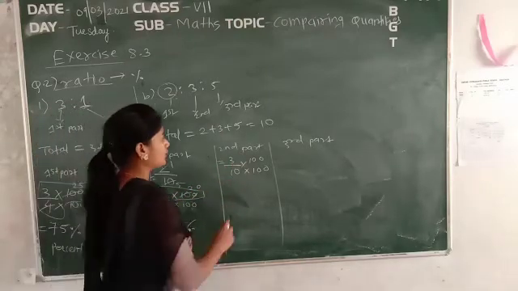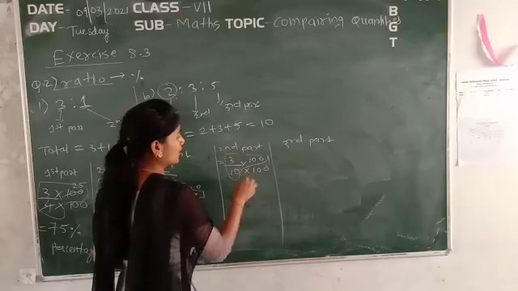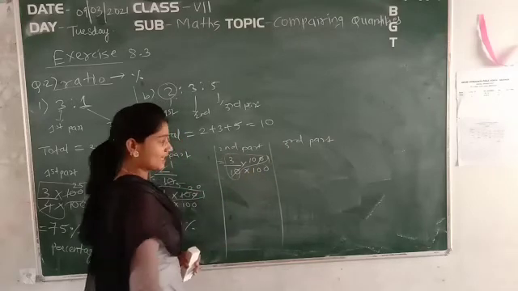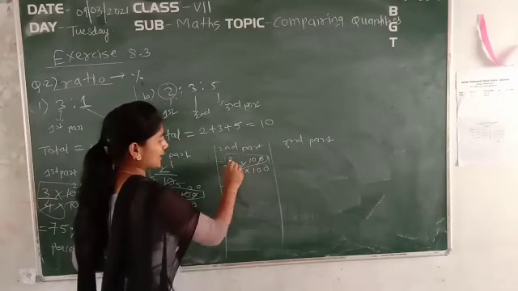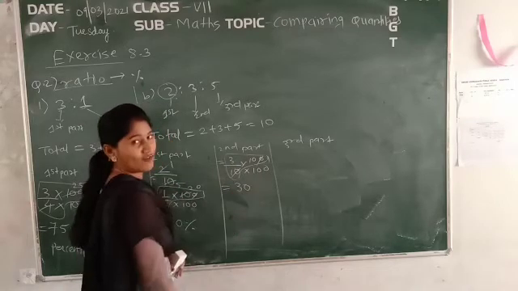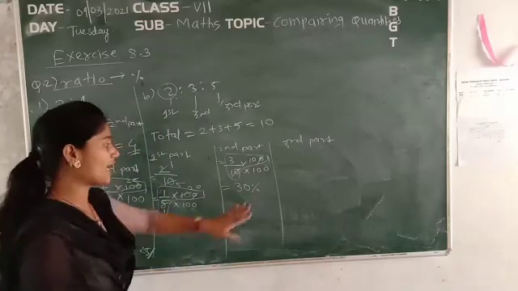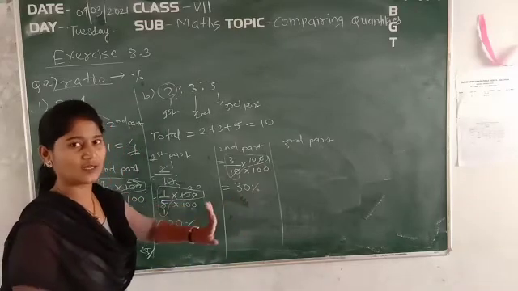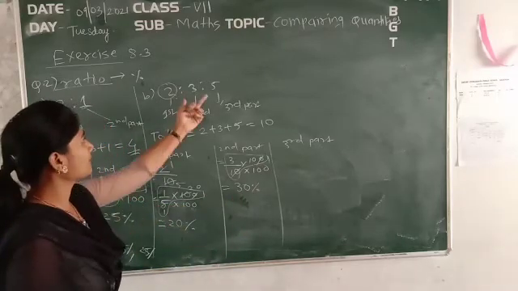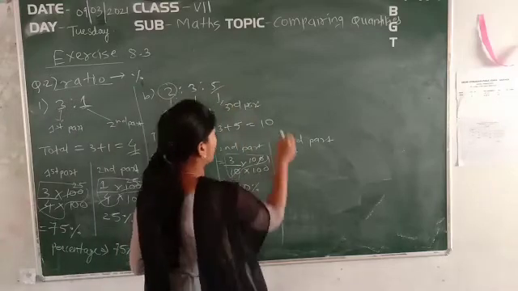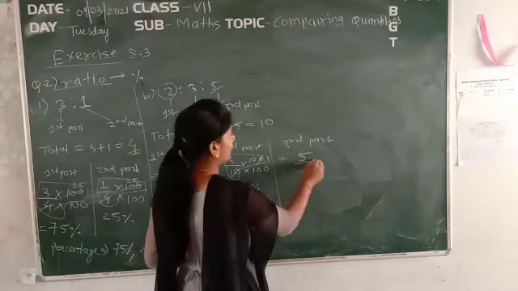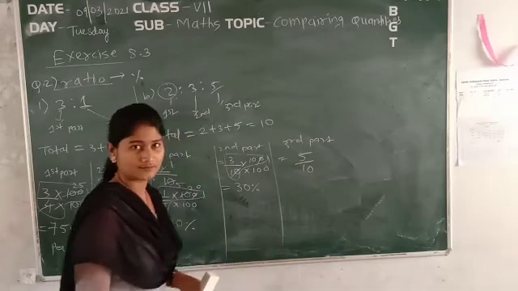Okay. So here take this much part only. This 1 0 and this 1 0 will get cancelled out. 3 into 10 remains, that is 3 tens are 30, and for the denominator 100 we write the symbol of percentage. So the second percentage will be 30%. Okay. So what is the third? The third part is 5 only. So 5 out of 10, correct?